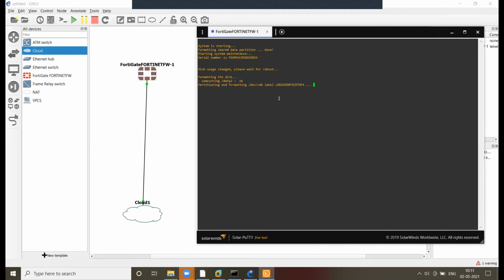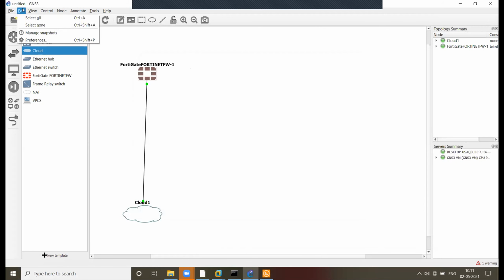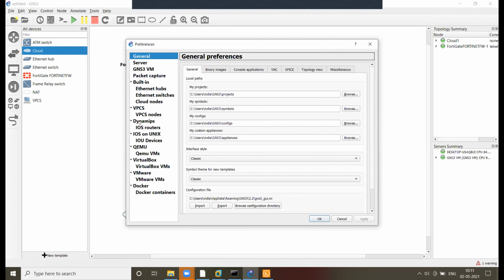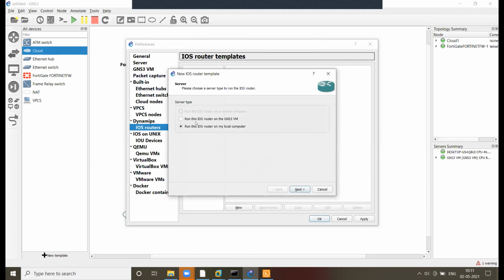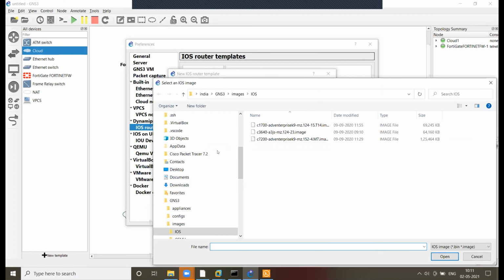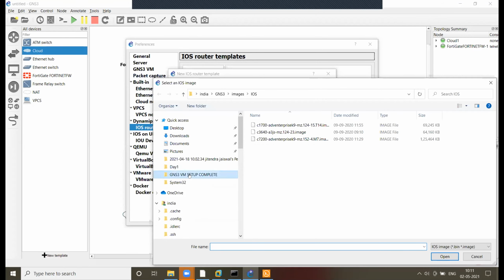You can attach some routers here. Okay, Nankishore, you can click on Edit, Preferences. And here is the option IOS router. You can click on new. Run this IOS router in the GNS3 VM. You can click on next, image. So you have the image in your GNS3 folder, the same folder.